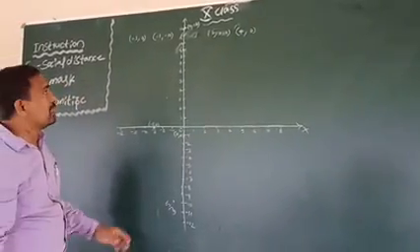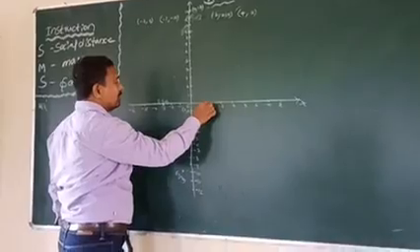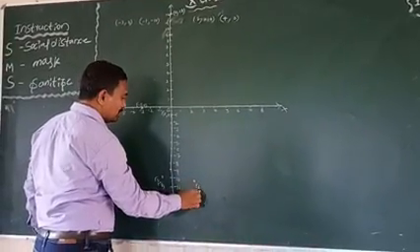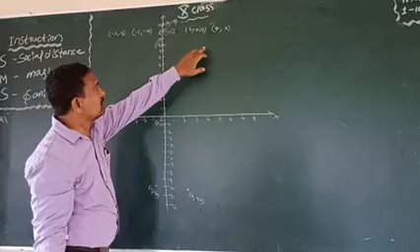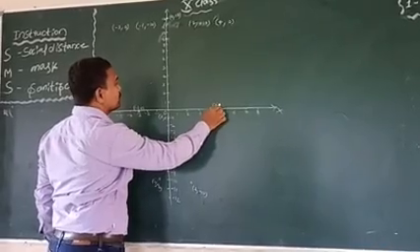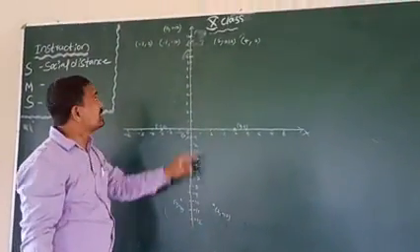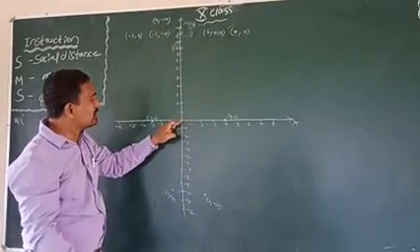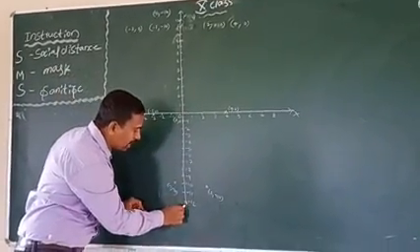Okay. Next, 2 comma minus 10. X value 2. What is the y value? Minus 10. Here 2 comma minus 10. Next, this is 4 comma 0. Here x value 4, y value 0. I think you said this is wrong. This is not 0 comma 12, it is not plus 12, it is minus 12. So 0 comma minus 12. X value 0, y value minus 12, downward.